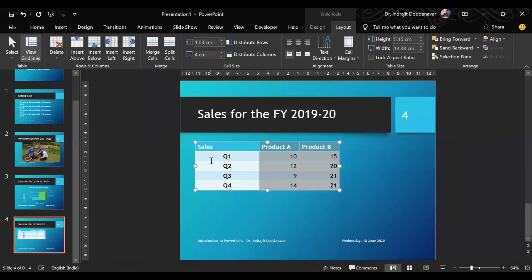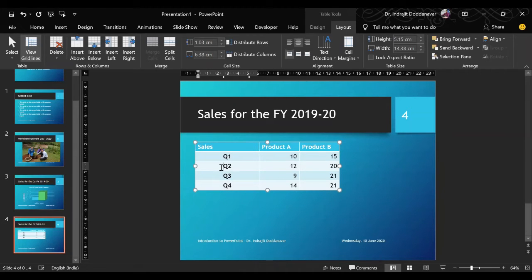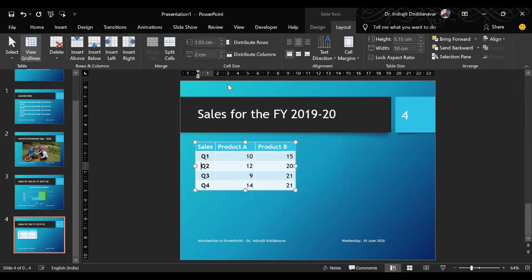Similarly, when you want to change this column, you can click on one particular cell in that column and go to width. What will happen now? I say 2. So the entire column changed its width. It is not required that you select the entire column.